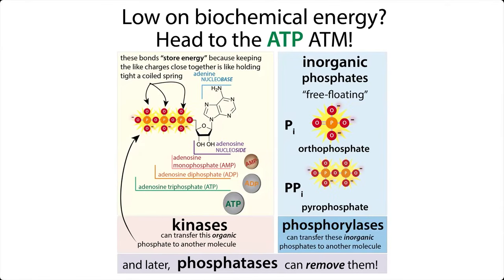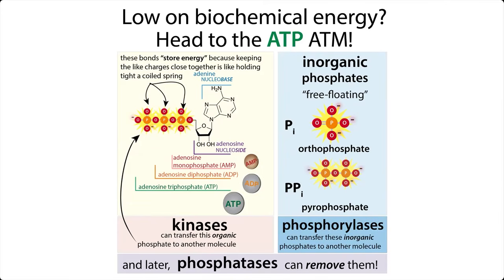So I say energy currency. I like to think about ATP as kind of arcade tokens. You go to an arcade and they have one of those token machines and you can stick in $1 bills, $5 bills, $20 bills if you're feeling really gambly. And it'll spit out a bunch of the same arcade tokens. And it doesn't care what denomination your bills were that went in. It doesn't even care where they came from. It just gives you the same tokens. And the same tokens can be used in any game.